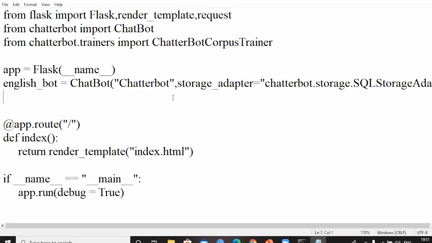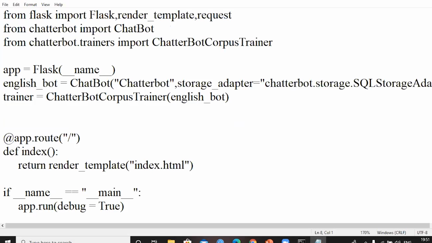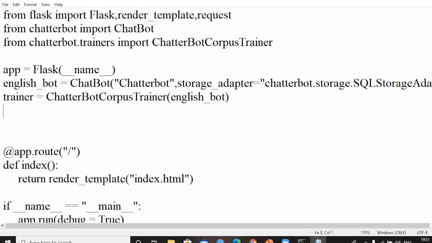Yes. So the next line is I'll train my data. So trainer is equal to, with the help of ChatterBot corpus trainer. Ignore PyYML issues, no issues with that because that doesn't change anything to your file. Trainer is equal to, take the ChatterBot corpus trainer English underscore bot. So whatever the variable you gave in the previous line, take that thing in this corpus. Now I'm comfortable with the English language, so I'll take the English corpus from the ChatterBot. Yes, so we'll try to take the English corpus with the help of